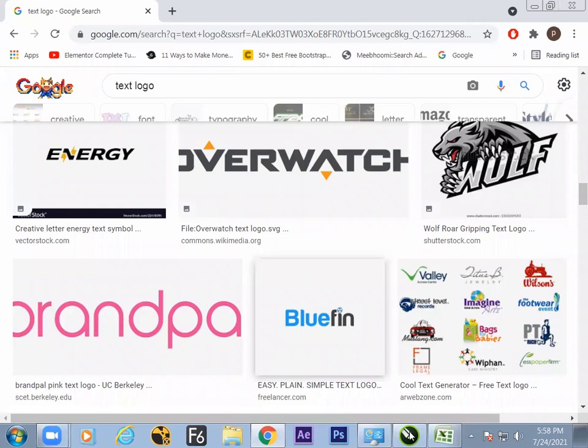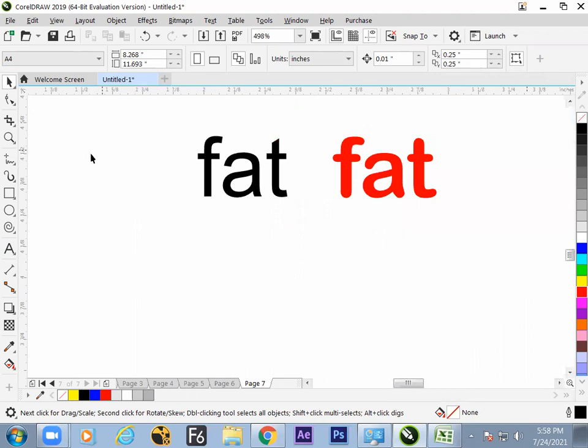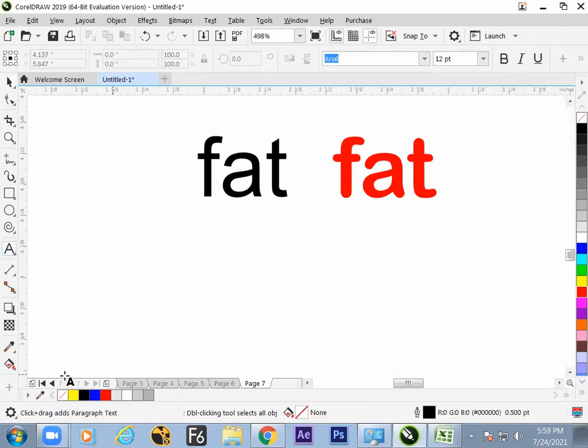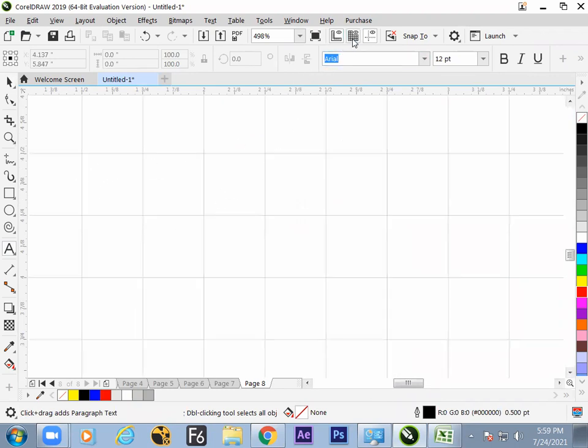Fine then. So let me move to the next one. The summary till now, whatever we have learned: first, how to break a text and make it individual parts. Second, how to check the spelling. Third, how to add our own design to the text. Is it okay? Now the fourth one, same text, but rather than using a text, make a text. If we need to make a text, then use the graph.